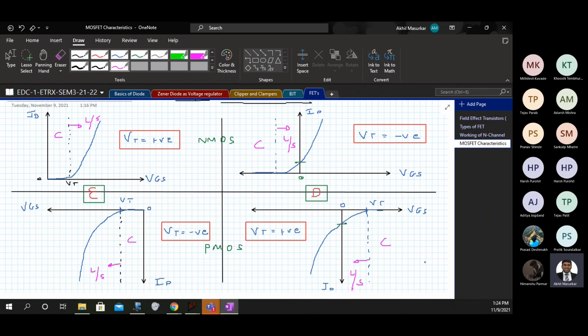We don't want such a high conductivity, so we reduce it by depleting the electrons, by giving an opposite voltage at the gate to achieve the conductivity that we want. So in enhancement, we start with zero conductivity and reach the conductivity that you want, and in depletion you start with an extremely high conductivity and reach the conductivity that you want.